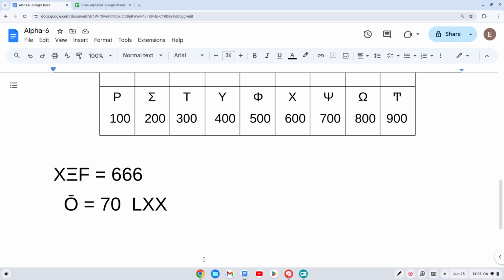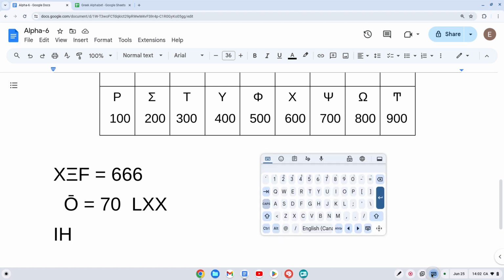And that in the Greek Bible was rendered as, let's go back to the Greek,